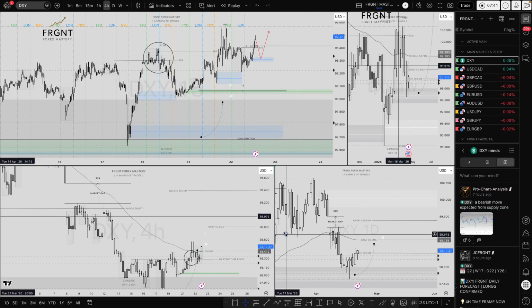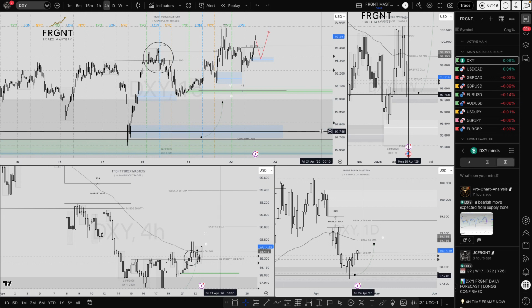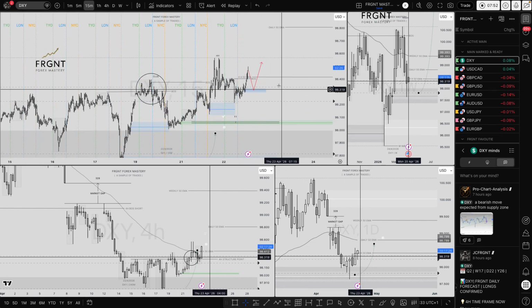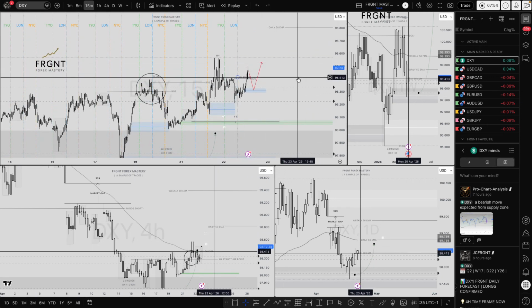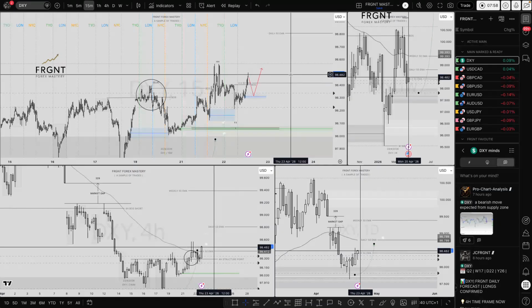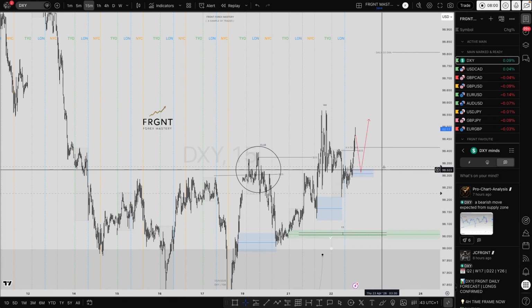Hoping that this 4-hour candle on the DXY, 2 hours and 17 minutes left, either looks to reject that 4-hour 50 EMA, or hopefully it closes above it positively. And then what we'll have is a beautiful continuation on that trend, higher highs being created on the 15-minute time frame and higher lows. Expecting a nice and basic simple pullback on that 15-minute time frame.